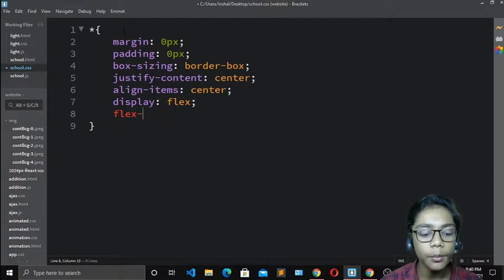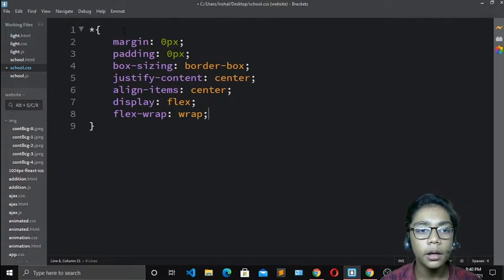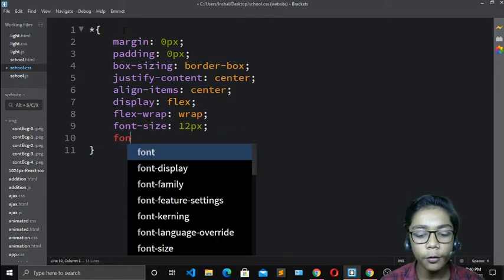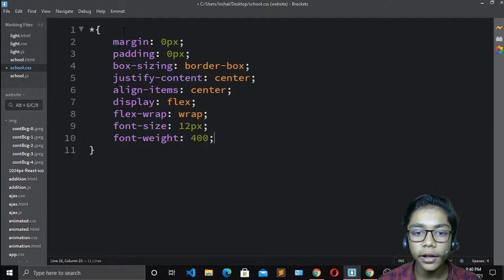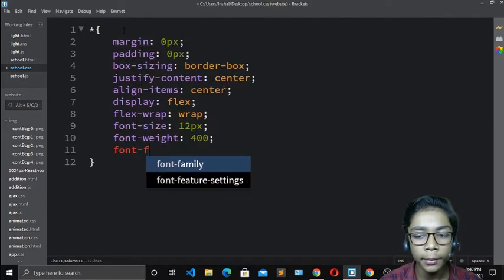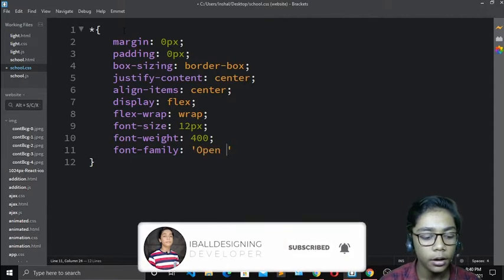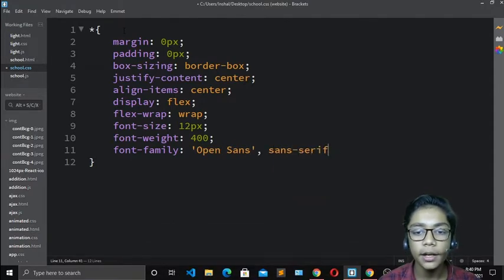I will write in the body tag no wrap, because I have already done this flex wrap in this column. So I will first of all write like that, and now when you've done that, write font size, which should be 12 pixel, and font weight, which should be 400. Then come over here and write font family. I will take this font family as Open Sans, so I will write Open Sans comma sans serif. Like I've told you, your first letter should be capital here because we are writing our font family. If you don't write the first letter capital, it will be a problem for you and your font family will not come.